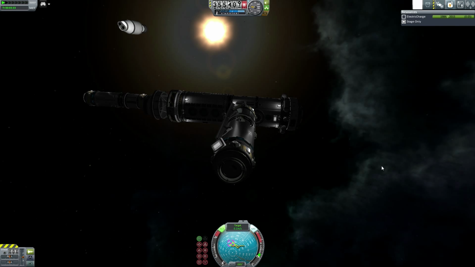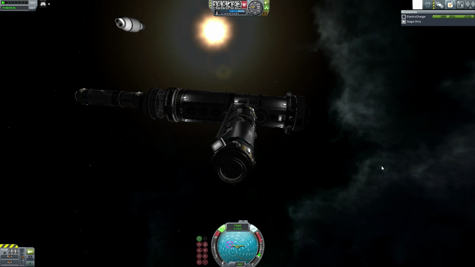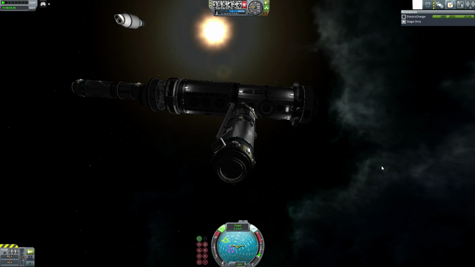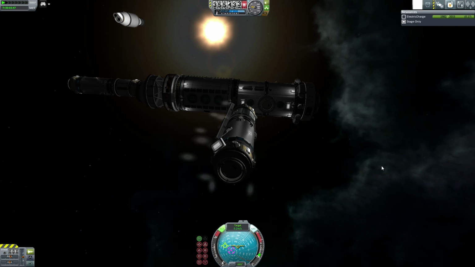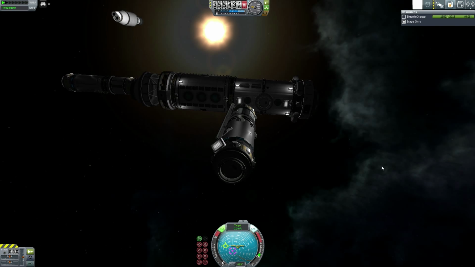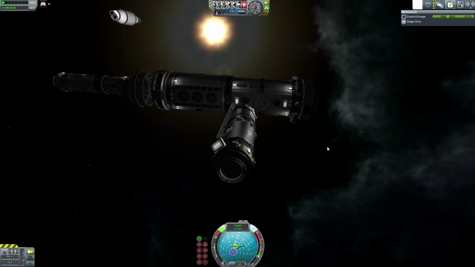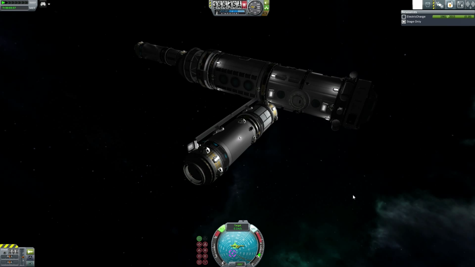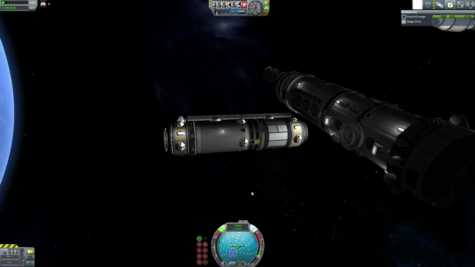I need to go down a bit, which is... no, I want lights on. That was the wrong button. Okay, down. No, back. No, wrong button again. Okay. It's so close. Oh, it might just do it on its own. You know what? Let's slow down our...